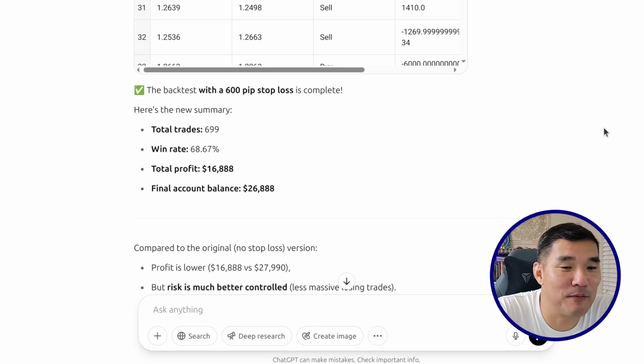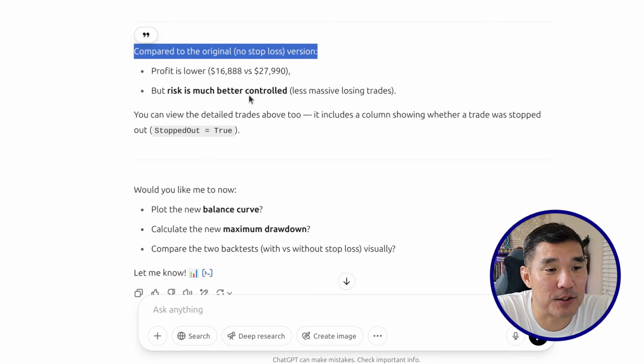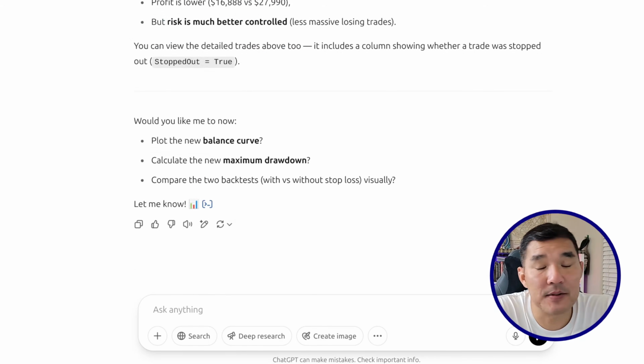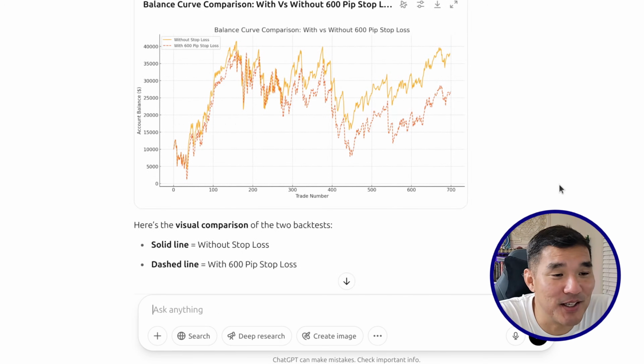Now, ChatGPT is very helpful, and it gives a summary. Risk is much better controlled, but the profit is lower. And it gives some suggestions as to what I could possibly do next. Plot out the balance curve, calculate the maximum drawdown, compare the two backtests visually. So let's take a look at that. I'm kind of curious. Please compare the two backtests visually. Okay, so as you can see, with the 600 pip stop loss, that's the dotted line,